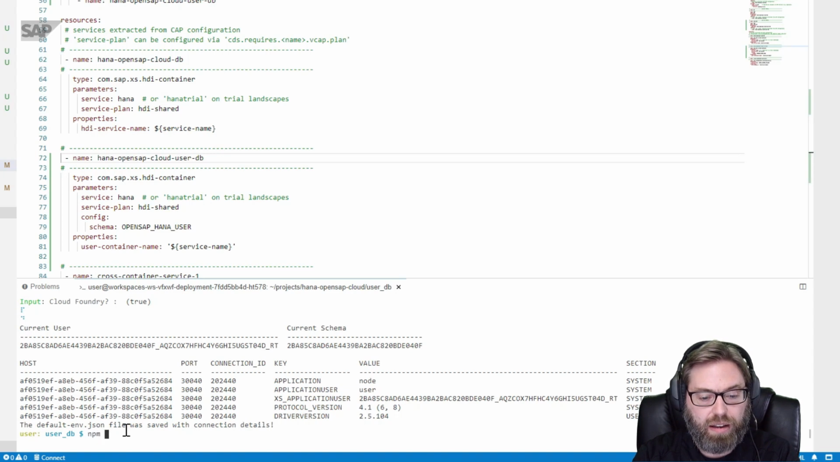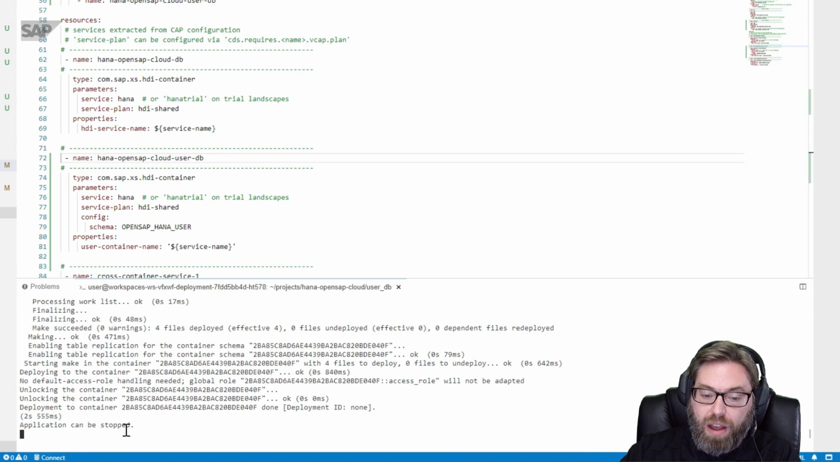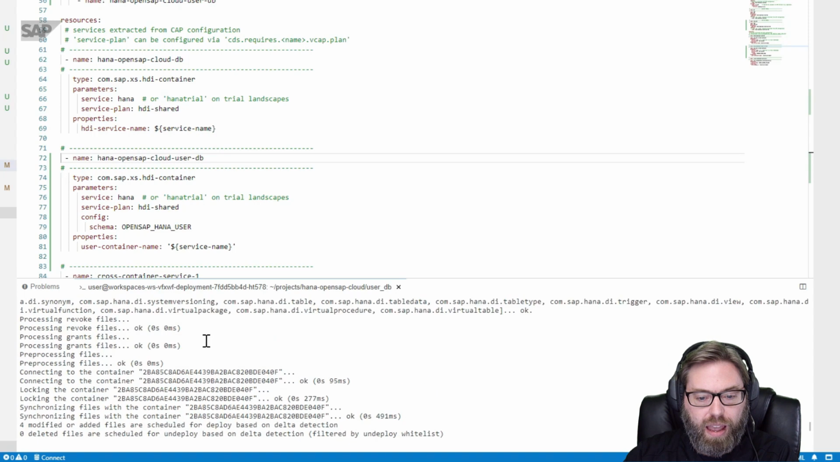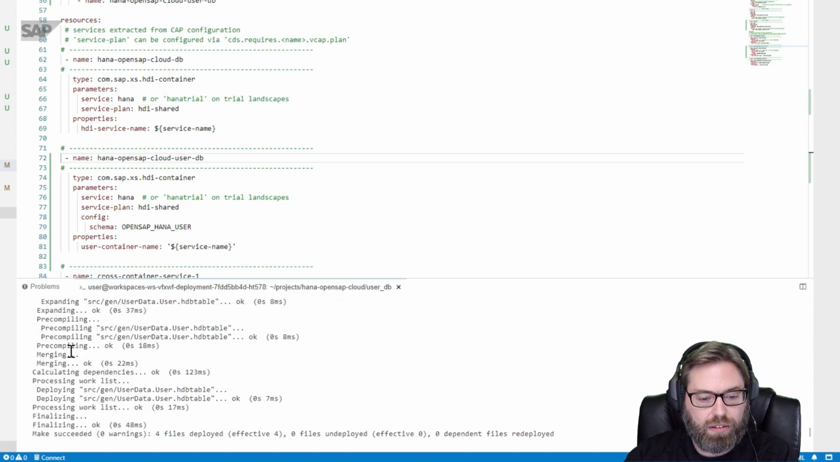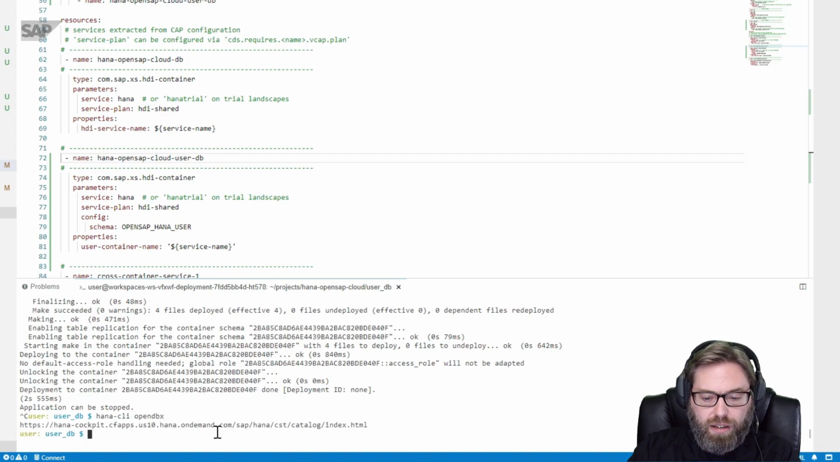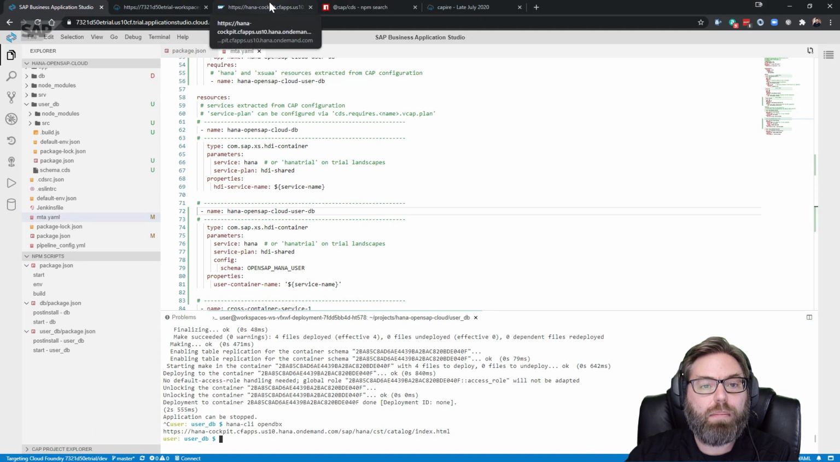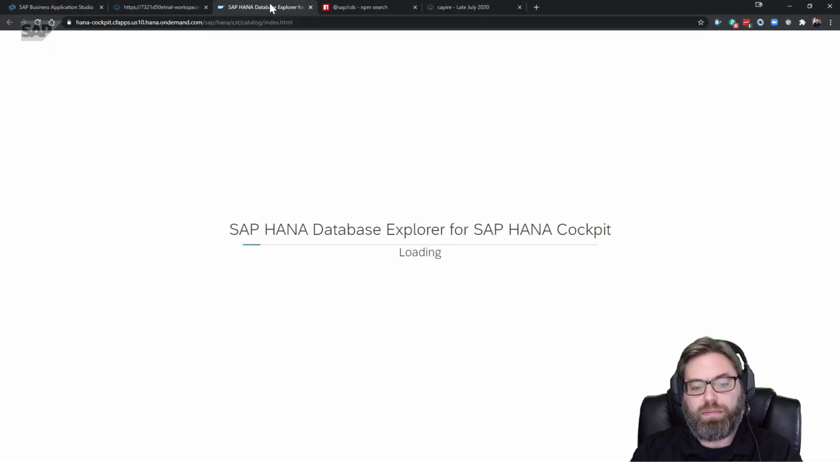We can just do an npm start from the user DB folder, and this will connect to the HANA database, but now not our DB container, but a new separate container, and it has written just our user table, an HDB table, into the database. And if we go ahead and do a hana-cli open hdbext, we'll open the Database Explorer in another tab. And what we will see once we finish loading is,